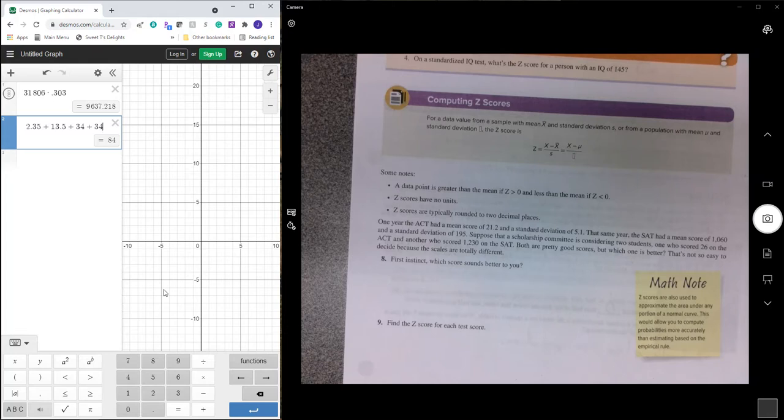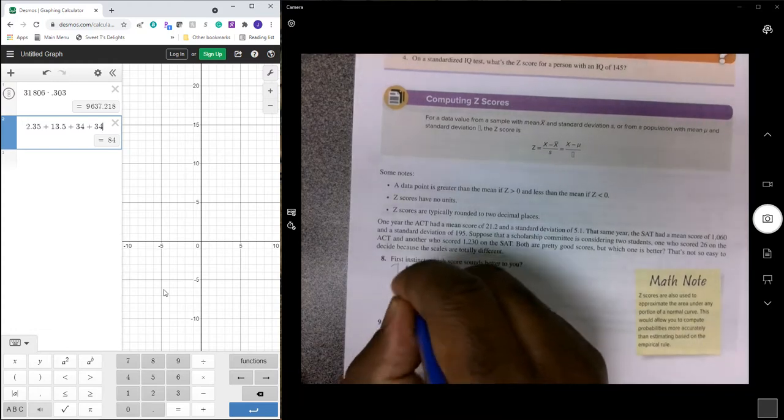So now it says one year the ACT had a mean score of 21.2 and a standard deviation of 5.1. That same year, the SAT had a mean score of 1,060 and a standard deviation of 195. Suppose that a scholarship committee is considering two students, one who scored 26 on the ACT and another who scored 1,230 on the SAT. Both are pretty good scores, but which one is better? That's not so easy to decide because the scales are totally different. Now it says first instinct, which score sounds better to you? The SAT,